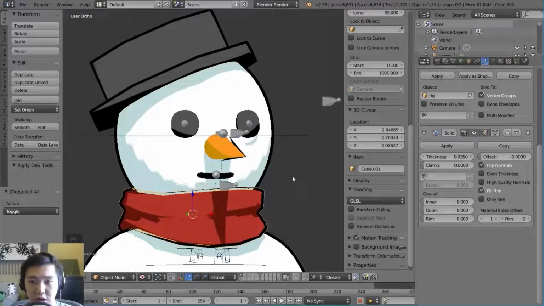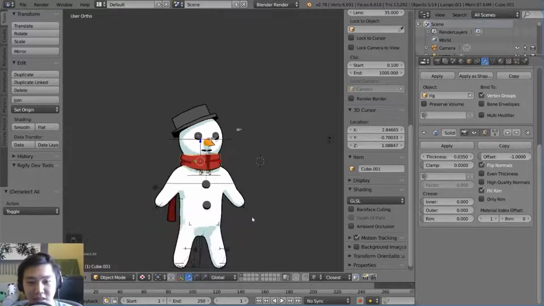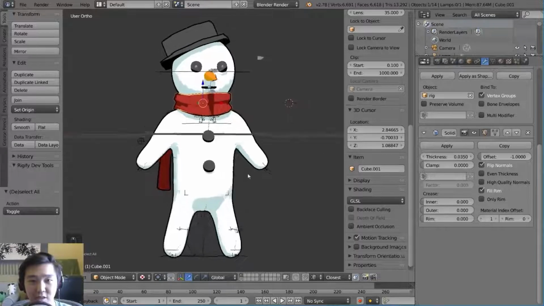So the way you render these parts that need these outlines that don't currently fit with the backface culling solution, that will be done through render layers and through compositing nodes. So we'll do that in a later video, but that's basically it for backface culling, which sets up your outlines for you.